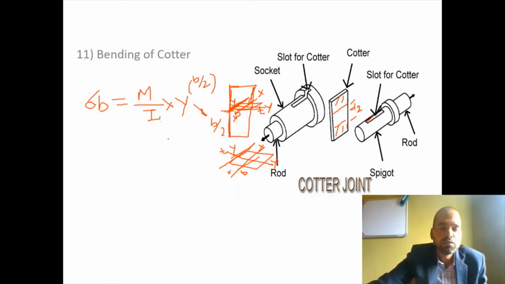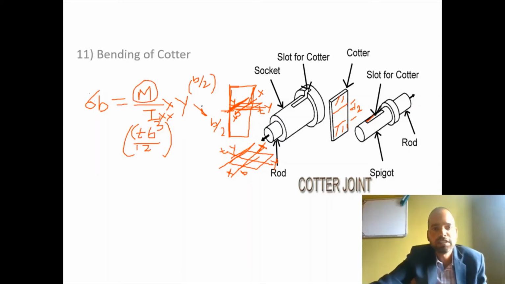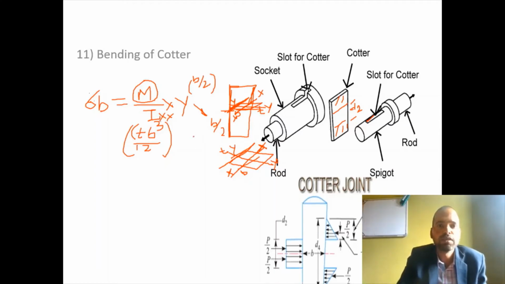And what is the moment of inertia for this rectangular cross section? It is equal to t b cube by 12, as bending takes place with respect to axis xx in this case. So Ixx will be t b cube by 12 and y is equal to b by 2 with respect to axis xx, with respect to which bending takes place. Now what is the bending moment? We have to calculate the maximum bending moment taking place in this component.